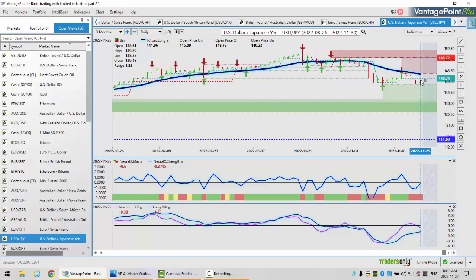Remember, this is by definition the carry trade, guys. So meaning that the larger funds want to buy the dollar and sell the yen and get paid that dividend or that swap payment every day, times 3 on Wednesday. So the structure of this is that we have a verified low at 137.68. We're below our T-cross long, but you can see the slope of this neural index is starting to point back up.